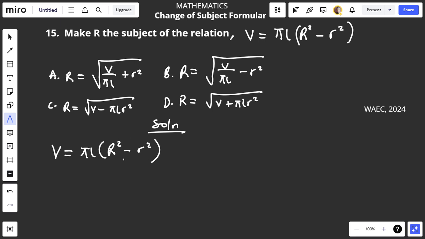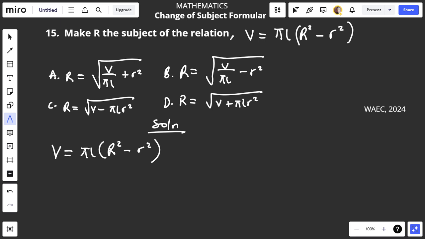Let's start. This is pi L times R squared minus small r squared. This bracket means it is like one entity, one unit. So now we can remove pi L from this side by dividing both sides by pi L,